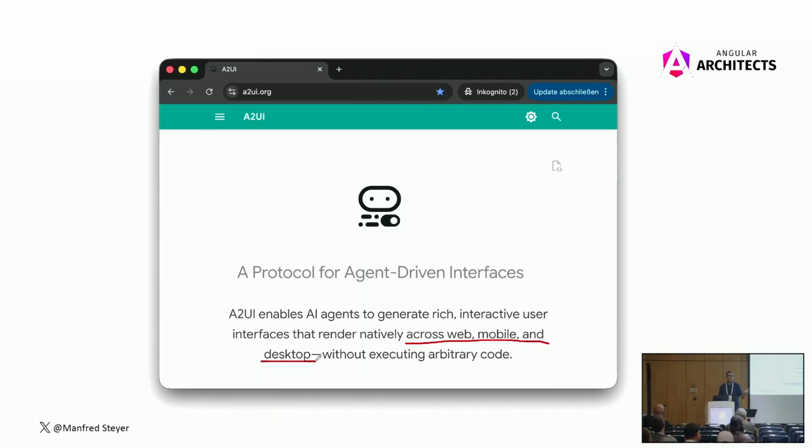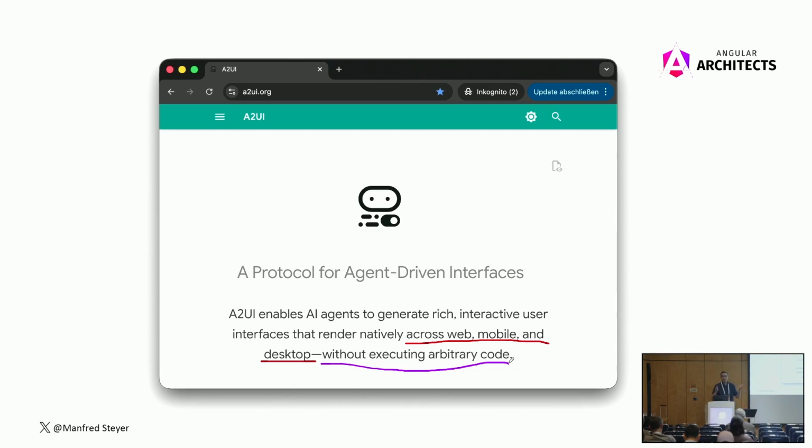It is intended to work everywhere. And also this was an important design criterion for Google. I'm doing a lot with micro frontends, where this is also a huge topic. They don't want to execute foreign code in your application. So they don't want the LLM to construct JavaScript code that is executed in your frontend on the fly.